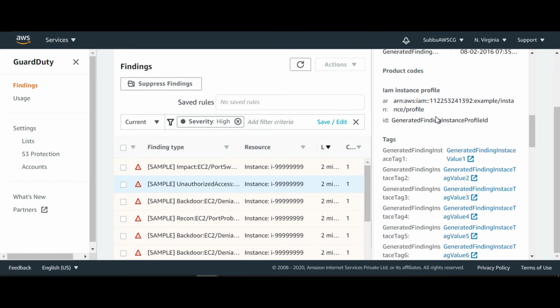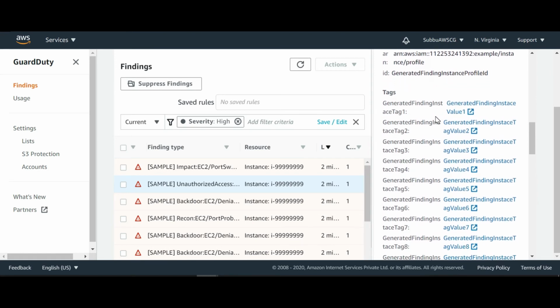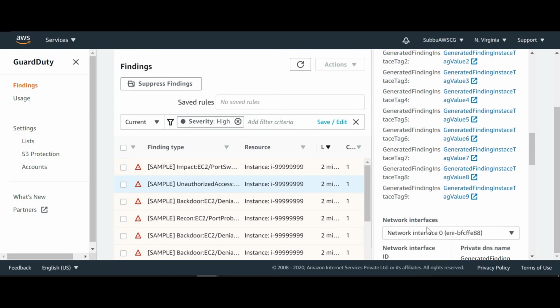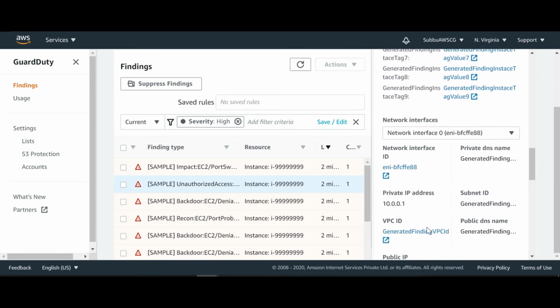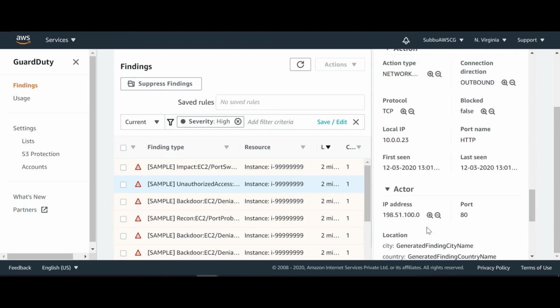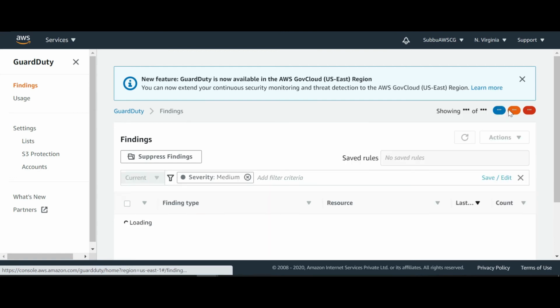This is the IAM instance profile it is using, and these are all the references from which it has identified this finding. So we can explore on this. We can also check on the medium severity findings.